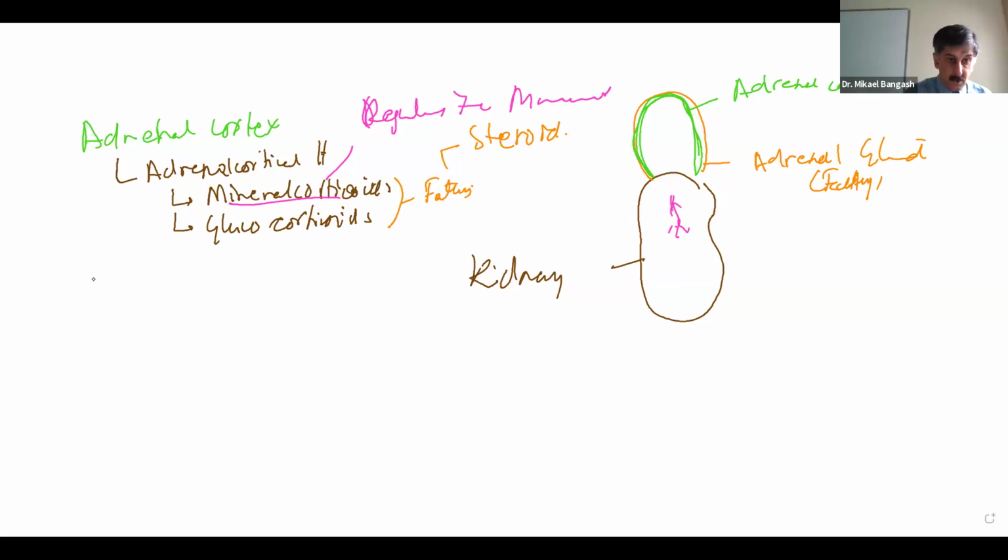The glucocorticoids. If you look at the word gluco, sugar, glucose. This is what we call the stress hormones. Now when we say stress hormones, these are the hormones that are released or produced during stress,